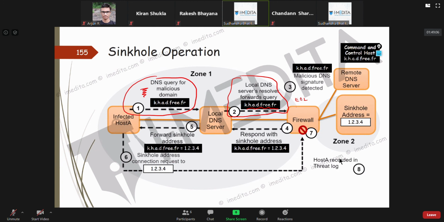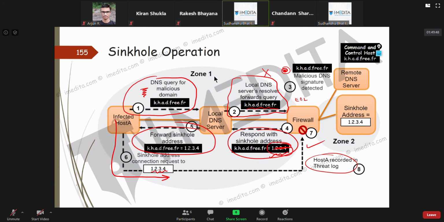So it is going to intercept this. Since it figured out that this is malicious, it intercepts and responds with a sinkhole address. Usually it will be a loopback address, 127.0.0.1, or it could be Palo Alto's server address. When it responds with the sinkhole address, that address is forwarded to the host. When the host tries to send a connection to this IP address, which was delivered in response to the DNS query, your record is logged in the firewall.